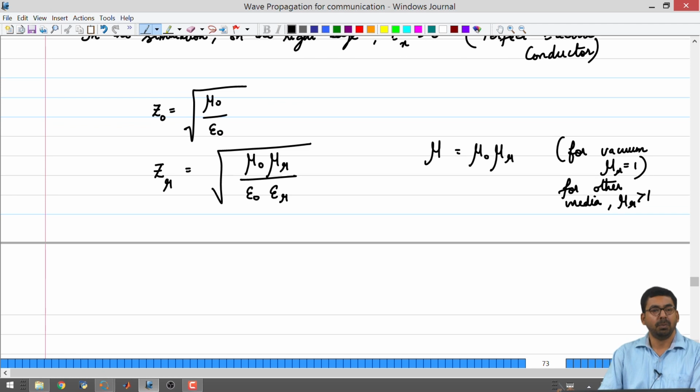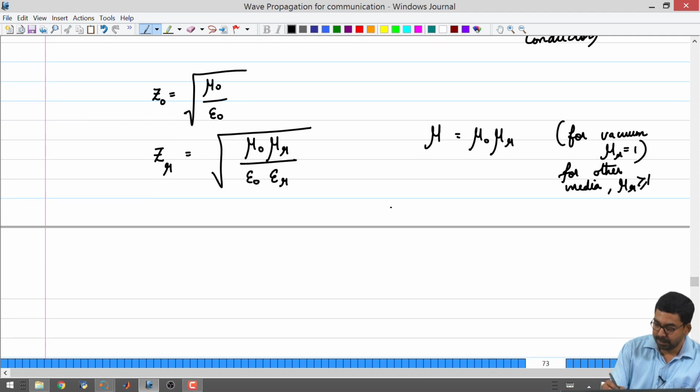Mu r greater than 1 is not a criterion that is written in stone, but all you can have is 1 or higher. So I can make this a little more accurate and say it could be greater than or equal to 1. Usually the mu r tells you whether a material is magnetic or not.